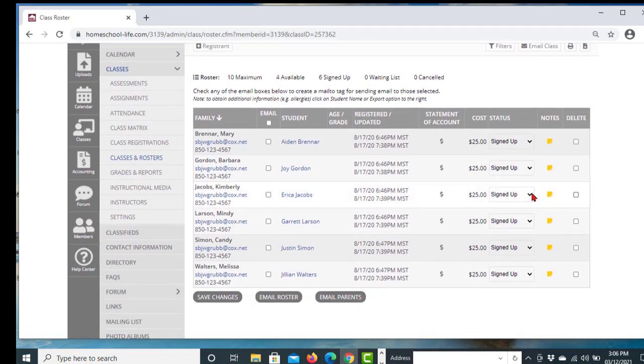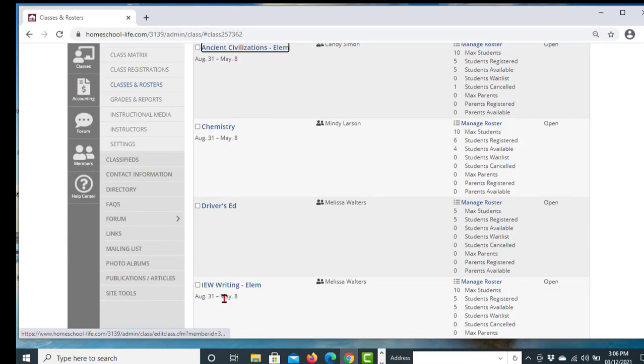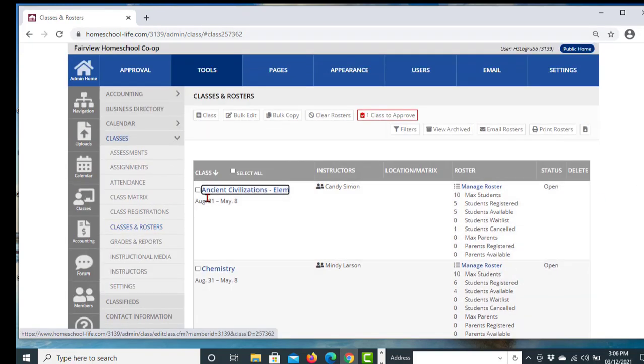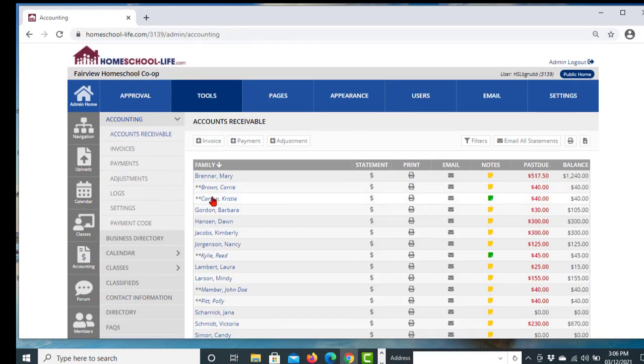And let's look at the Gordon family. Here's the Gordon family. Joy Gordon is the student. At the current time, she is a signed up student. So if we cancel this class for her, change the status to canceled, and we save the changes. If we go back now to that particular student, to the family,